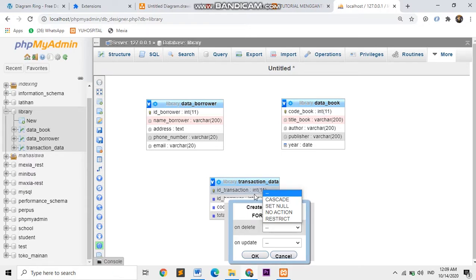If restrict, you cannot delete data in borrower if it is still in transaction data. I will use cascade. On update is the same: if data borrower is updated, the transaction data will be updated.